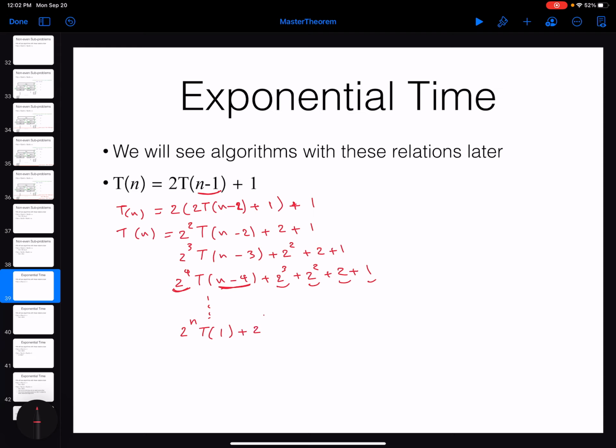plus 2 to the power of n minus 1 plus 2 to the power of n minus 2. And this one will be replaced with 1. So this is going to be a summation of 2 to the power of i, where i started from 0 until n. Okay, so this is going to be 2 to the power of n plus 1, which is 2 multiplied by 2 to the power of n. This is going to be an exponential